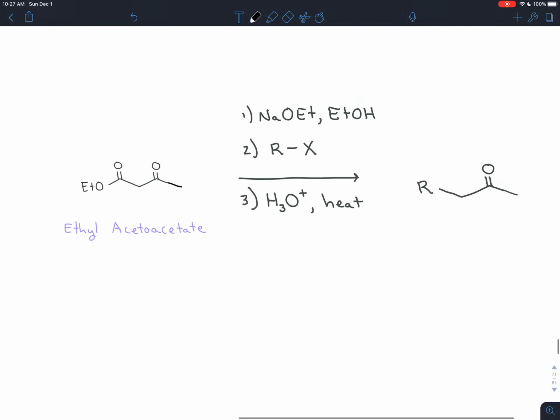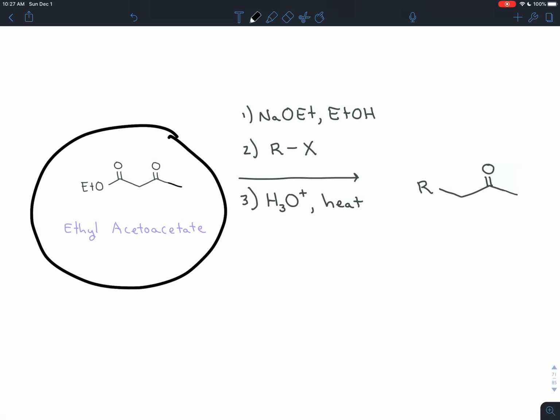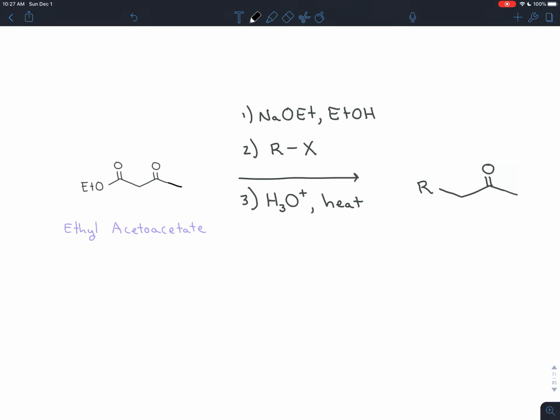And the features of that will always be the same: you'll always start with ethyl acetoacetate. Then you'll always treat it with a strong base, sodium methoxide in ethanol solvent. That rips the alpha hydrogen off, turns that into a nucleophile that can do an SN2 reaction with an alkyl halide. And once you have that R group attached to that alpha carbon,